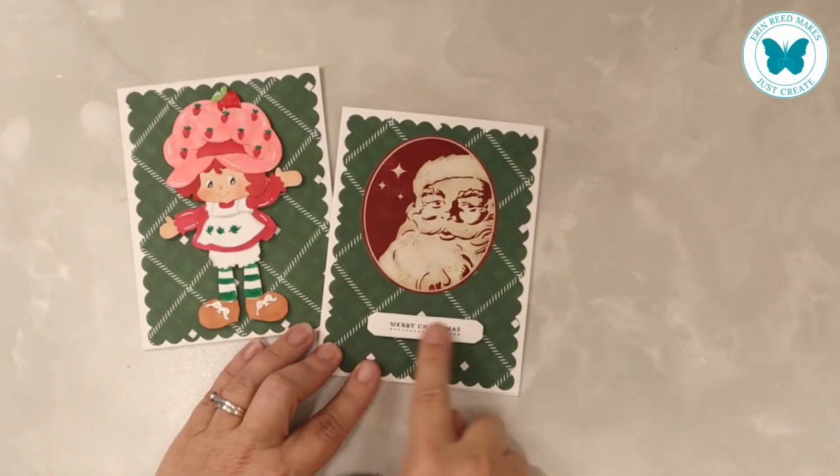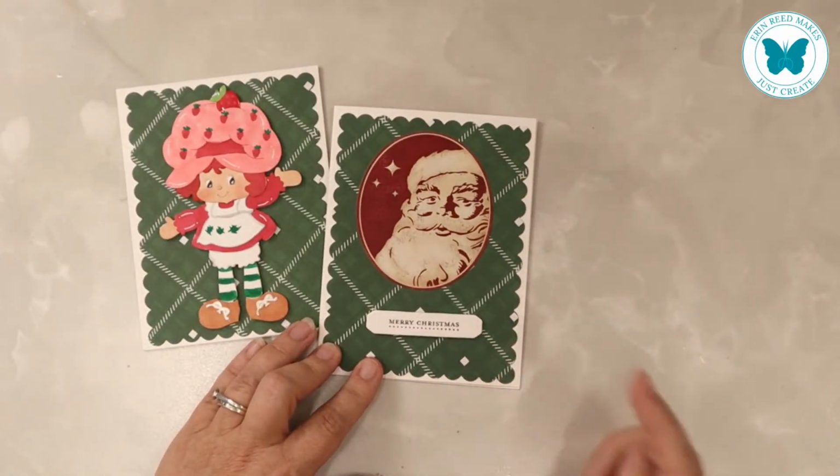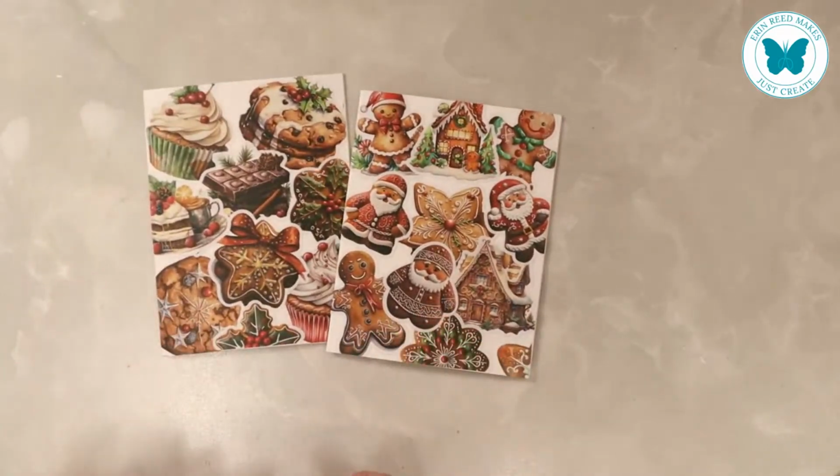They are so pretty. Well, Merry Christmas. Again, I love that she's not just put the mat. It's been a die cut with that scallop border with the pattern paper. So much fun. There's a throwback to my childhood. And these ones were so cool. It reminds me of